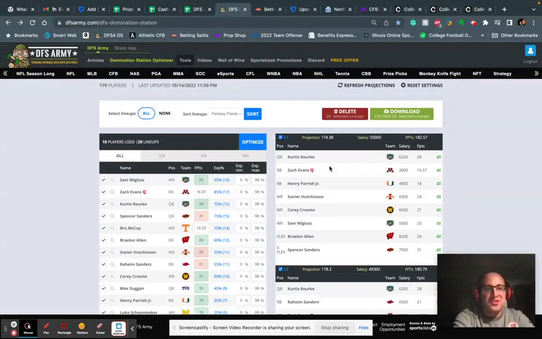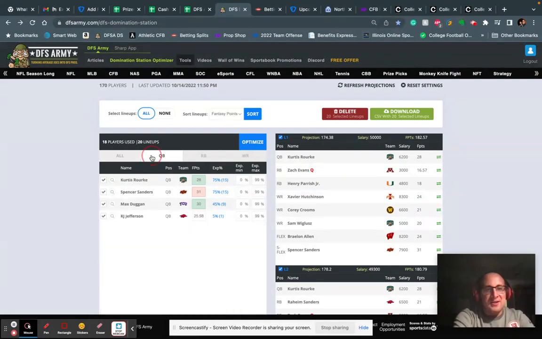Okay, so this is an error that will probably be corrected tomorrow. Sometimes there's a same name error. Zach Evans is a Minnesota walk-on or freshman, and then there's another Zach Evans on Minnesota. So this will be fixed tomorrow, but in the meantime, I'm just gonna X him out. So that's one of the first things I'll do,